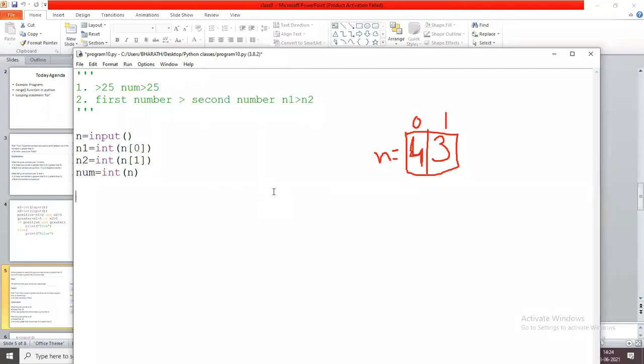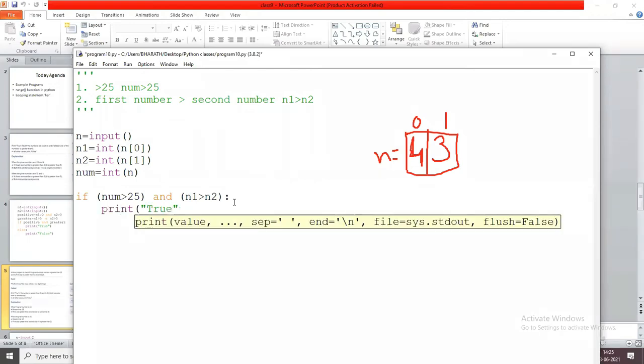Now here I am writing if num greater than 25 and N1 greater than N2, you are going to print true.